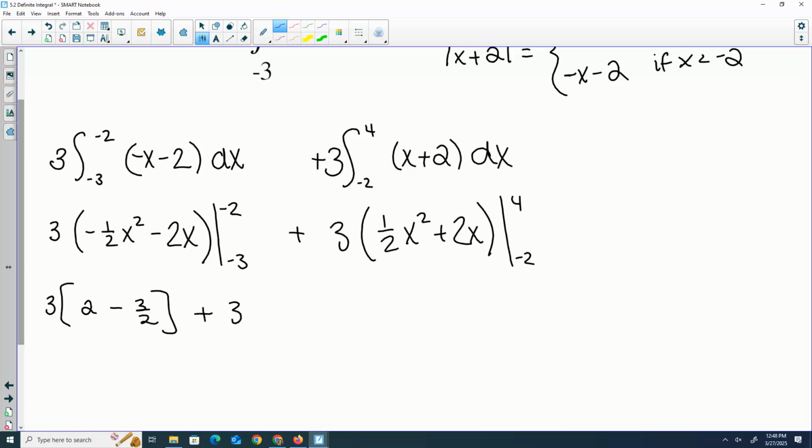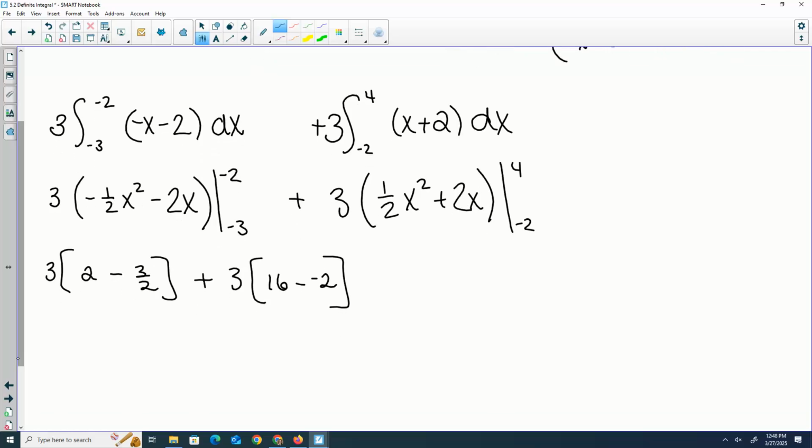If I put in my 4, 16 times that is 8. 16 minus 2. Do I have a mistake? I ended up with 31 and a half as my ending thing. So let's